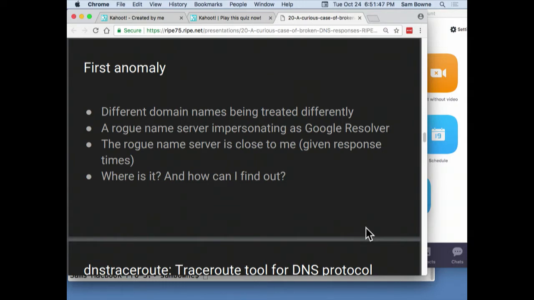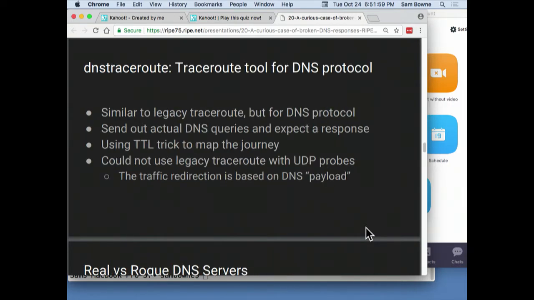Different domain names are treated differently. Only some of them do this. So somewhere there's a rogue name server impersonating 8.8.8.8 and responding to some, and it's closer to him. So he wonders, can he find it? All right. So he made this tool, DNS trace route, and so